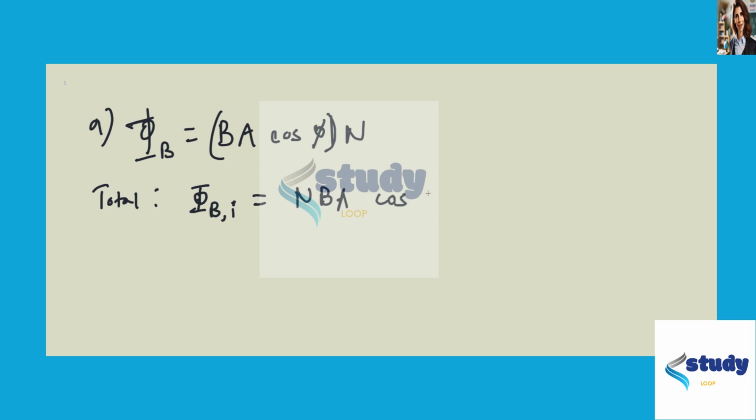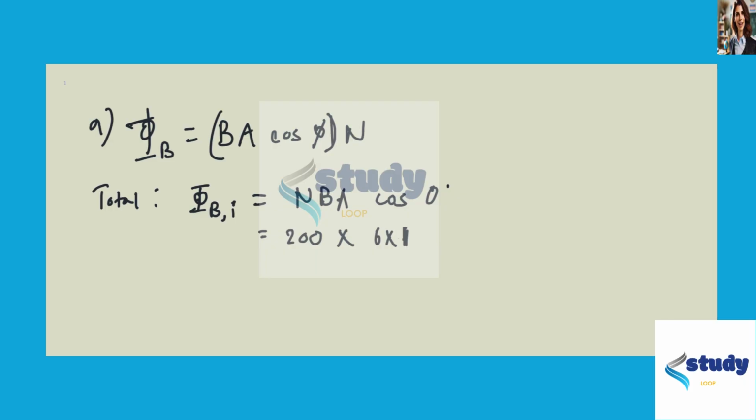In this case phi is 0 because the coil's plane is perpendicular to the Earth's magnetic field. So that's 0, and this is 200 for the number of turns, times B in Tesla, it's 6 times